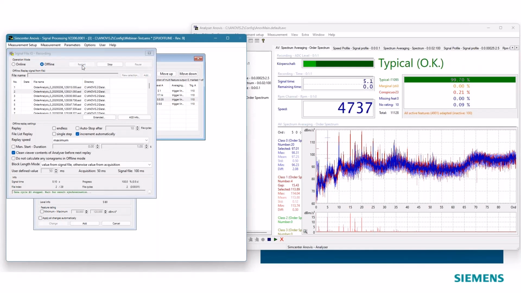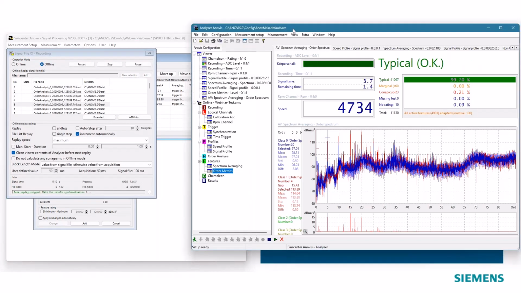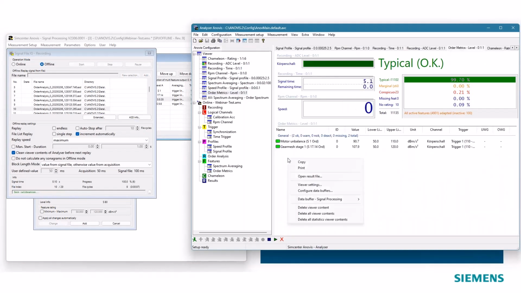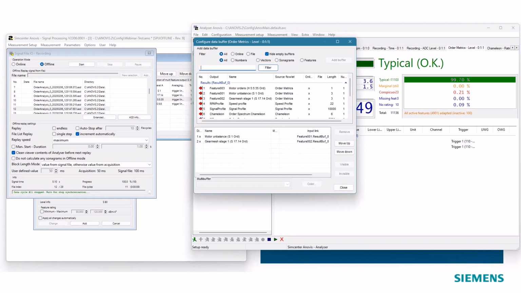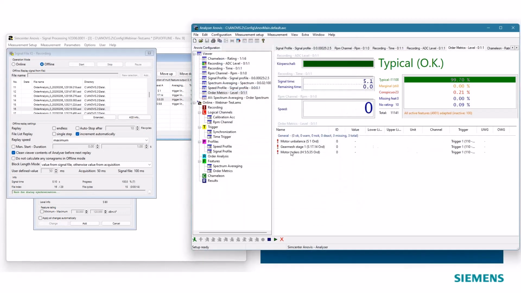So now I can recalculate all the files, and now I should have a new metric that is called motor orders, harmonic 5 in steps of 5 to order number 35. But you see there's not yet a light behind this motor order, because up to now it does not have a limit. I only calculate the metric, and in the next step I want to know how to set the limit.